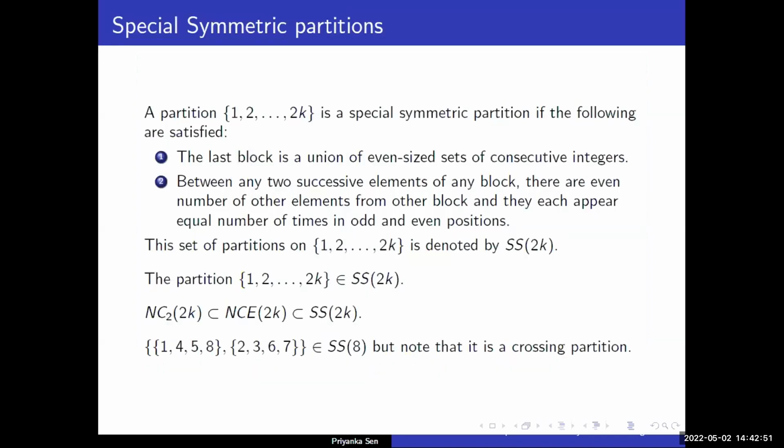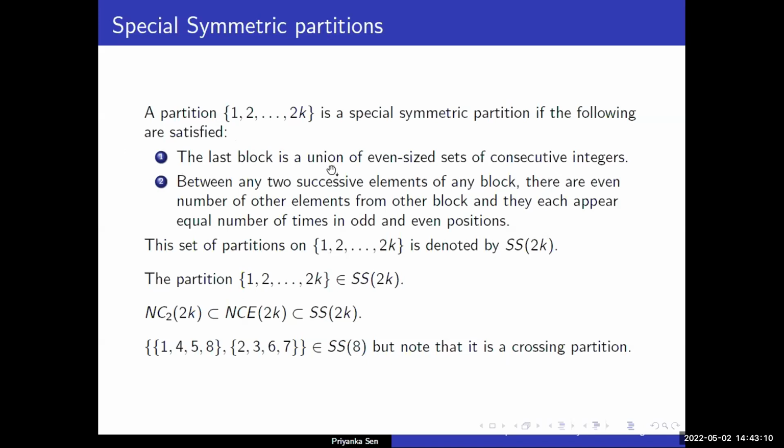Now we talked about non-crossing partitions and the semicircle law. In this case, we wanted to explore what partitions do contribute to the limiting moments. We found that a different set of partitions indeed contribute, and we identified those partitions as these. We call these partitions special symmetric partitions, and they can be verified by these two